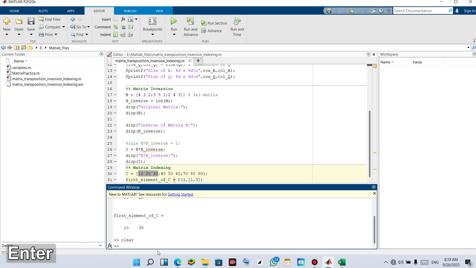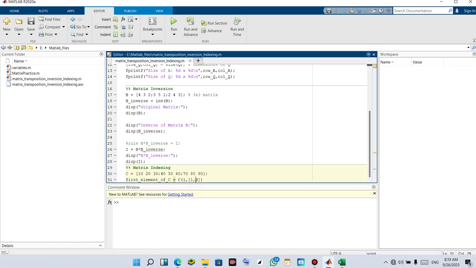I think you need to add the 2 to it. So if you want the elements from column 1, column 2, and 3 for row 1, you run it. And as you can see, you've got the elements on row 1 on column 1, 2,